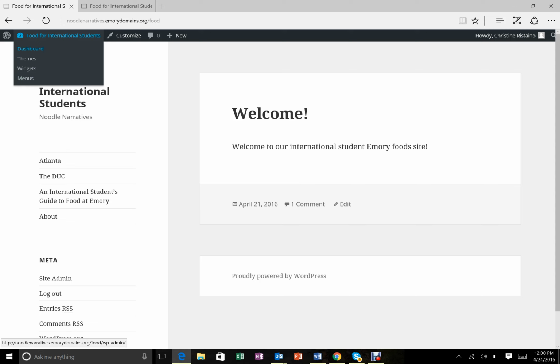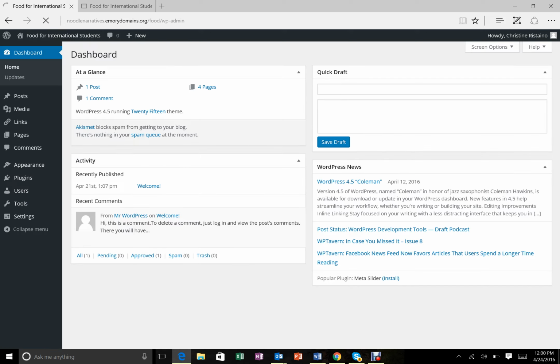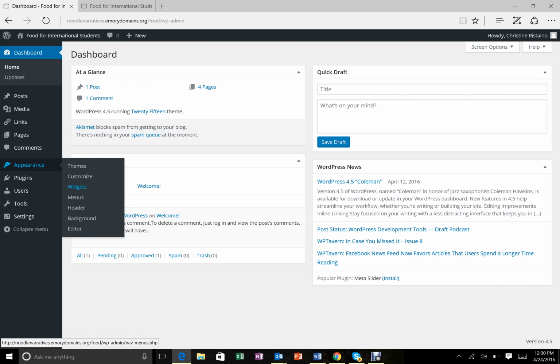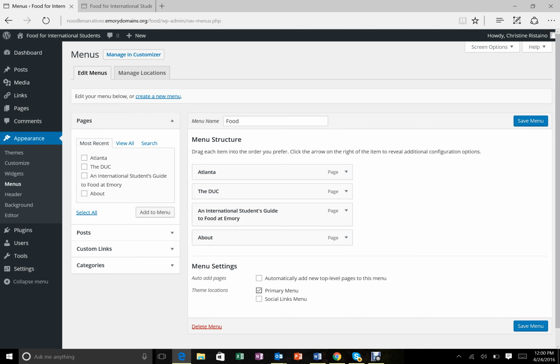I think what we need to do is go back to the dashboard, go back to appearance, go back to menus and see what the first page is. So we've got primary menus, posts, custom links. I am not sure yet how to make a different page the first page, but I'm going to find out for you. And then I'll let you know. I know there's a way to do it. Anyways, one other thing that I wanted to show you to get you started